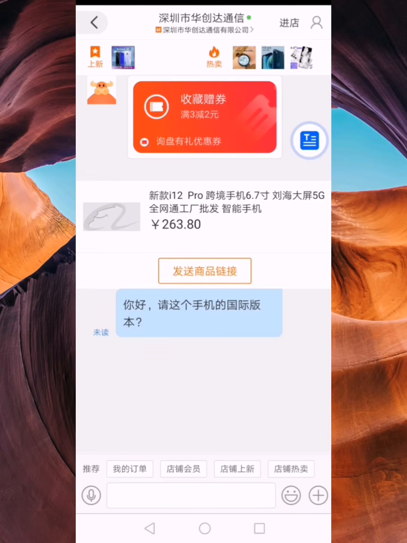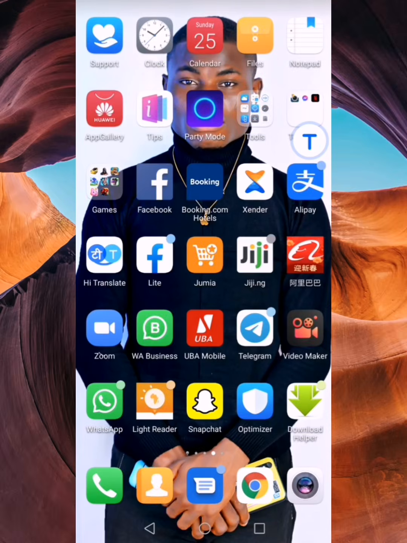However, for some phones, the Hi Translate app might not work. So if it is not working, you can actually be copying the text like this. If it is not working but you are having a keyboard automatic translator, you are now going to copy the text and translate just as I say. But if you are having the Hi Translate, you send to them. When they chat, you click on the Hi Translate and translate. As simple as that. So this is how you can actually chat with them without having a Google Translate app, or without wasting time going to Google